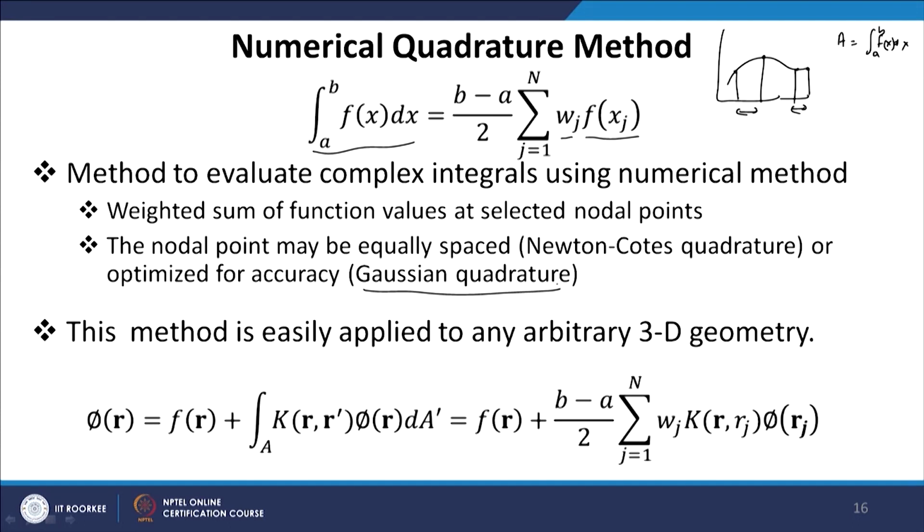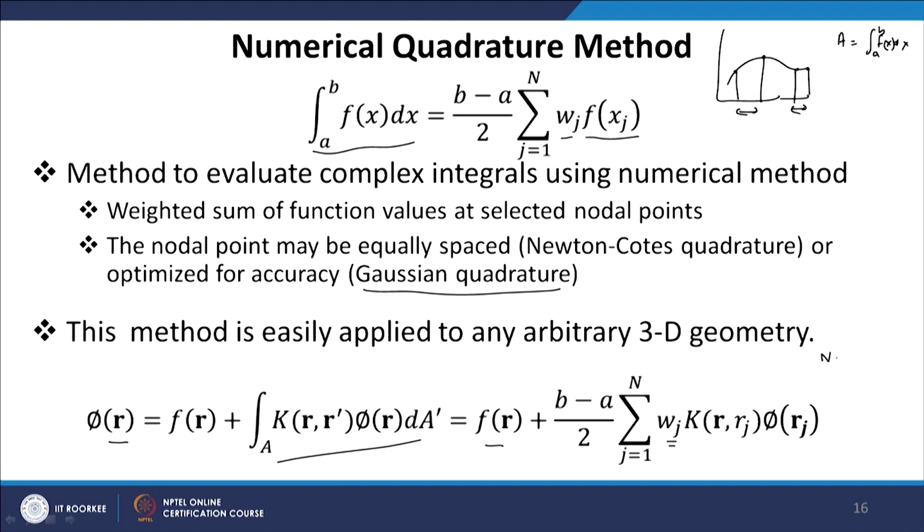So, we can apply this method easily to evaluate the integral in the Fredholm's equation. Let us say we have a one dimensional problem where the limits are a to b. So, the kernel function has to be integrated from a to b. We approximate the term in the integral as per the formula given above, (b minus a)/2 times the weights w_j, summed over j from 1 to n.